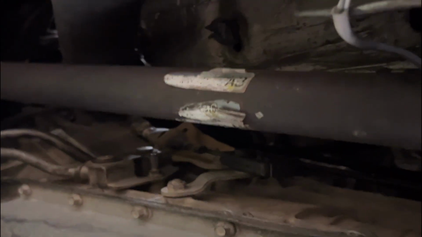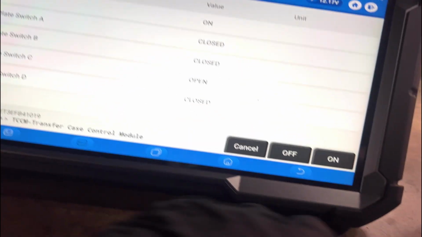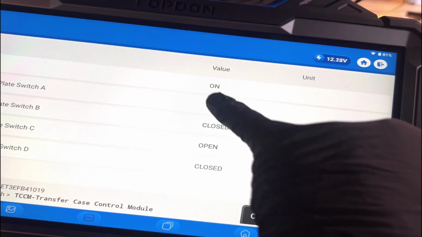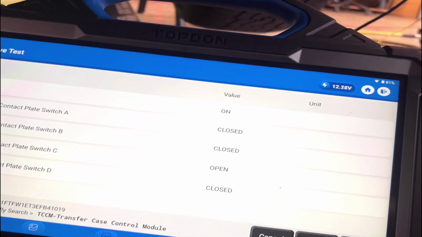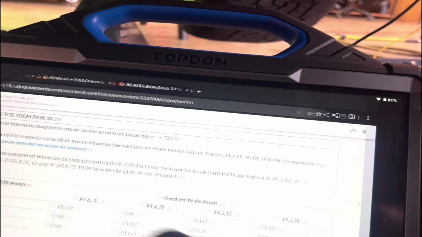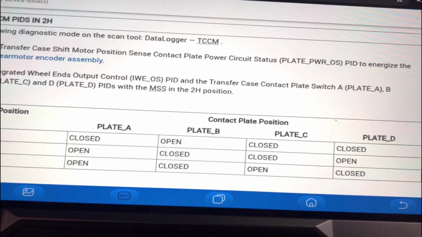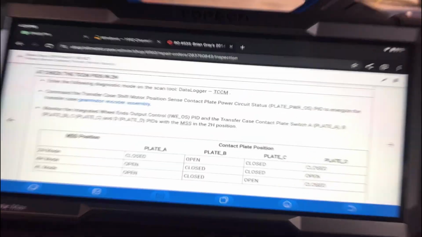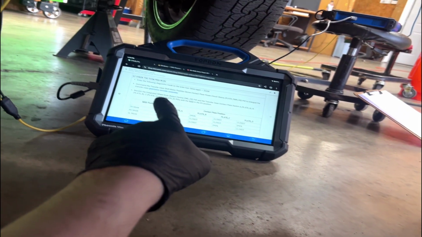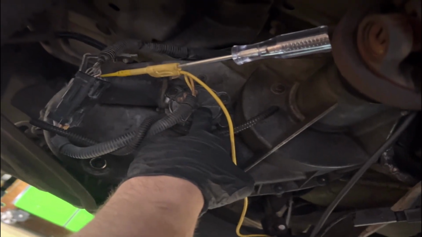Rear drive shaft. So now it's difficult to turn. We are in four-wheel drive for sure because the front drive shaft moves, even though it's probably hard to see on camera. But keep in mind, closed, closed, open, closed. Go to our spec. There is no such thing as closed, closed, open, closed. Does not exist. And so either service information is categorically wrong, and/or the switch positions in here are wrong,